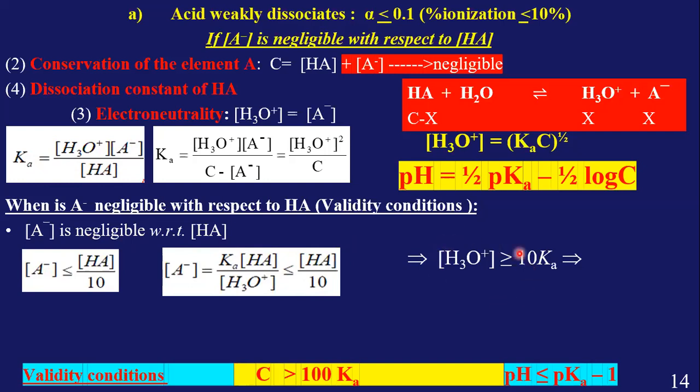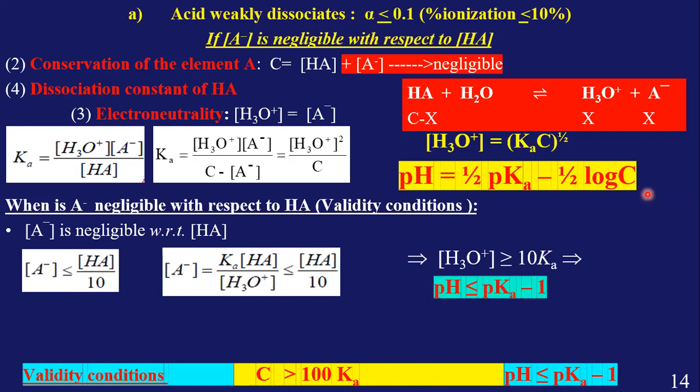So H3O plus is greater than 10 Ka. If H3O plus is greater than 10 Ka, take the minus log of both sides, you get that the pH is less than pKa minus 1. And that's all I really want from this, guys, that if my pH is less than pKa minus 1,